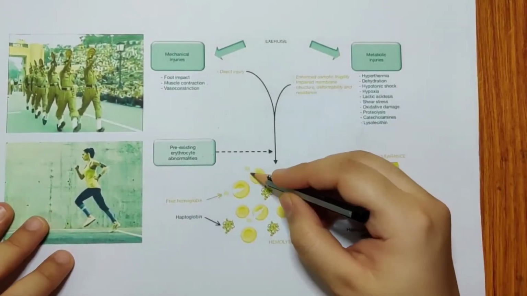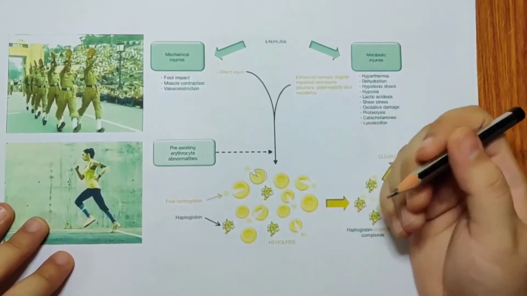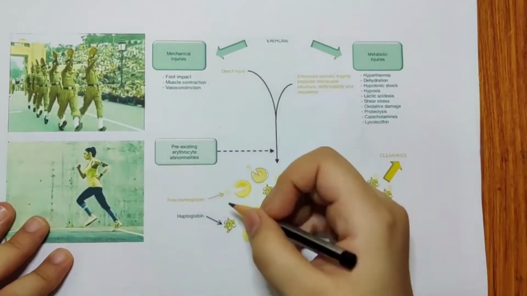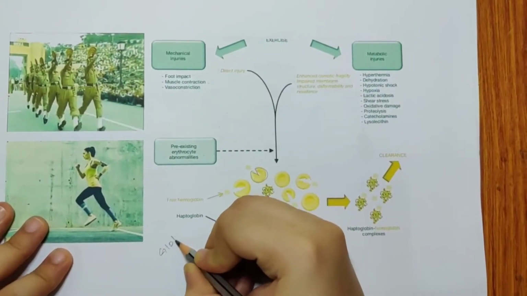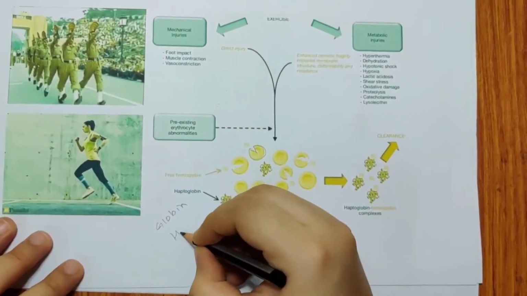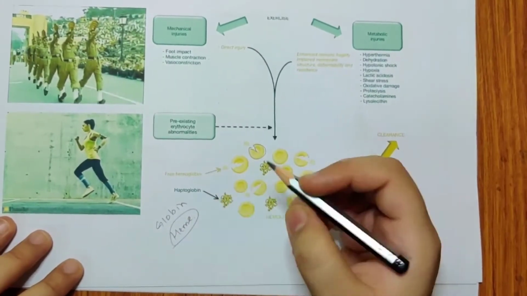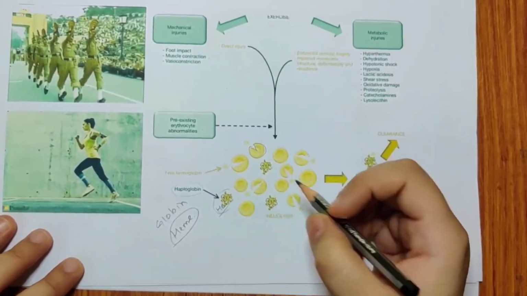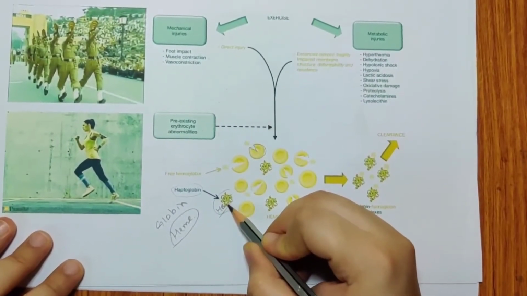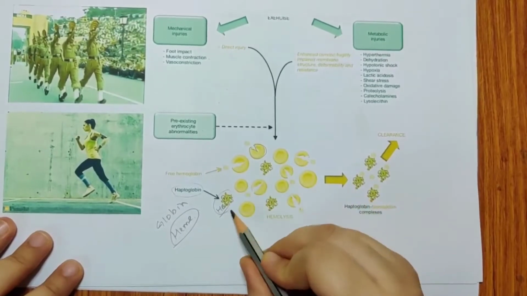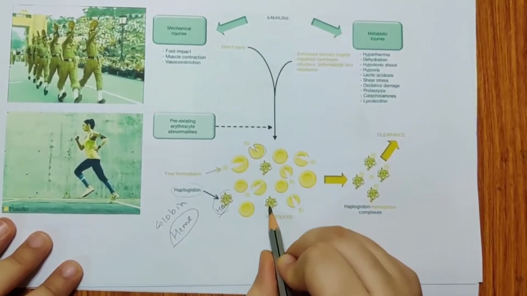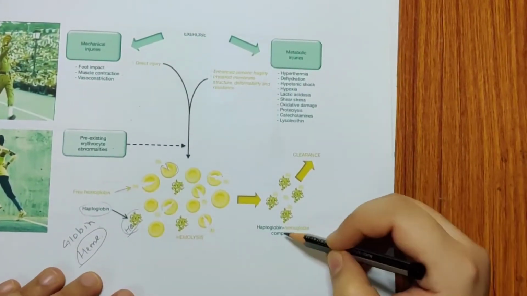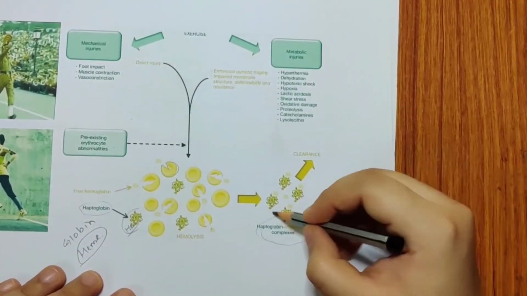Most of these RBCs will break down, and when the RBCs break down, you will have free hemoglobin. In the free hemoglobin you have the globin and heme. The heme portion is taken up by haptoglobin. Heme and haptoglobin form a complex, and wherever it forms a complex, the heme re-enters the body for recirculation. But sometimes when there is a lot of heme, you don't have that many haptoglobins.